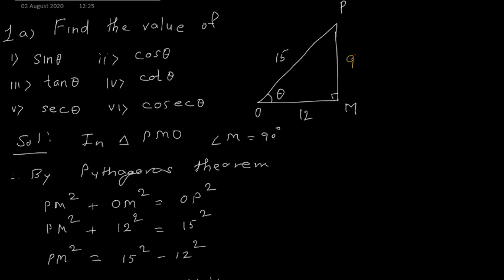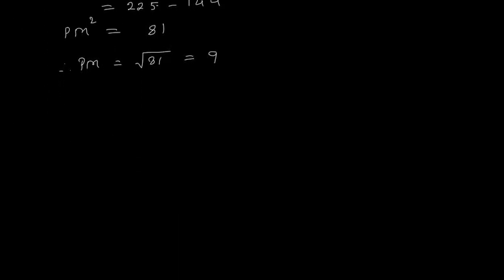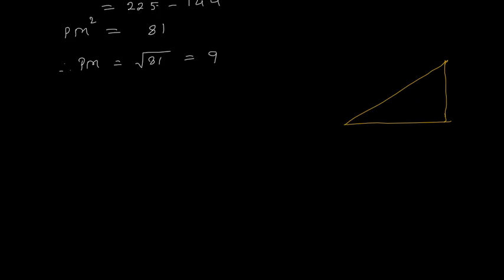Now we have to find sin theta, cos theta, tan theta, cot theta, sec theta and cosec theta. So here I will draw that diagram again, okay, so that all values are in front of me, right? In your notebook the diagram you have drawn, you can refer PMO. So this is P, this is M and this is O. Here you have angle theta. This value you have got 9. This value is 15 and this value is 12. Okay. Now I have to find sin theta. First let us find sin theta.